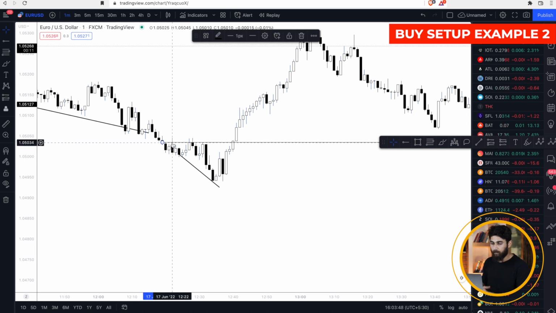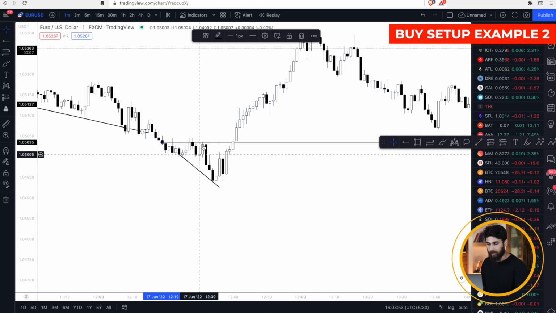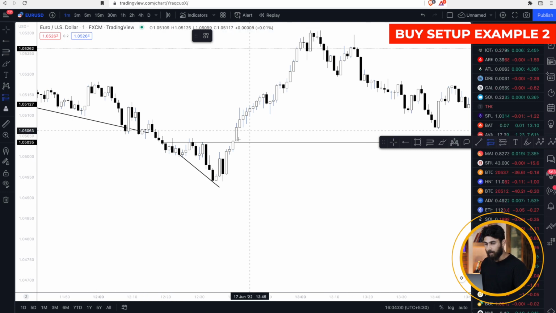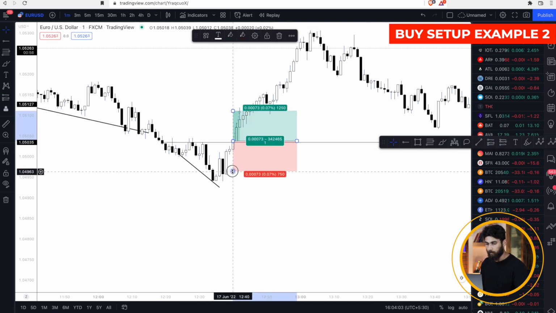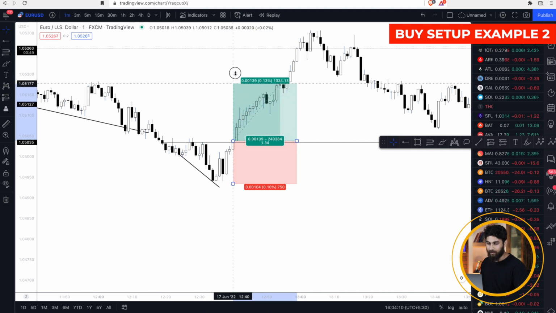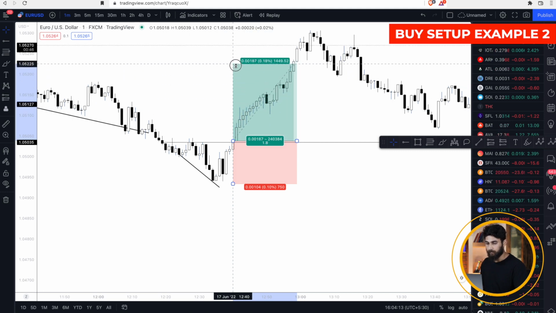First, the price tried to move up, but moved down again. Then it again rejected it, moved down. Rejected it, then again moved down. So this was kind of a resistance for us. So what we will do is take this tool, we will enter a long trade over here. Your stop loss will be at this point, and after this, set your take profit such that you get a 1 to 1.5 risk to reward ratio, which would be